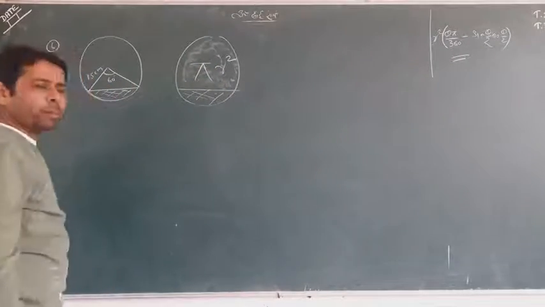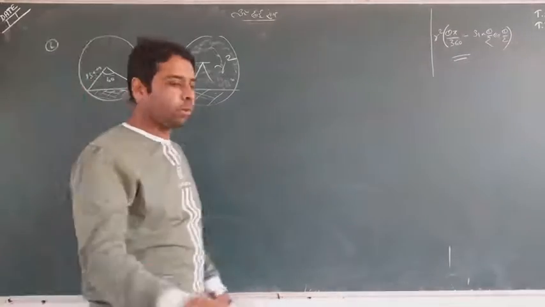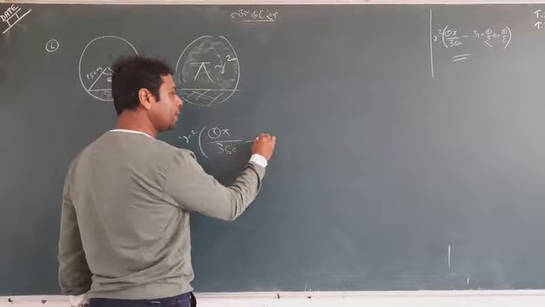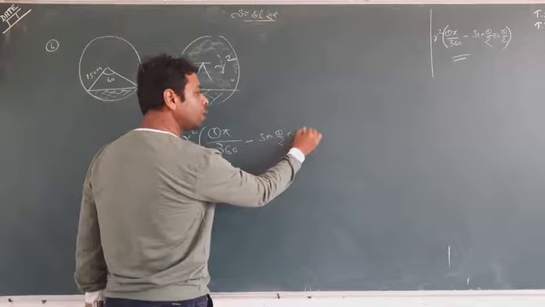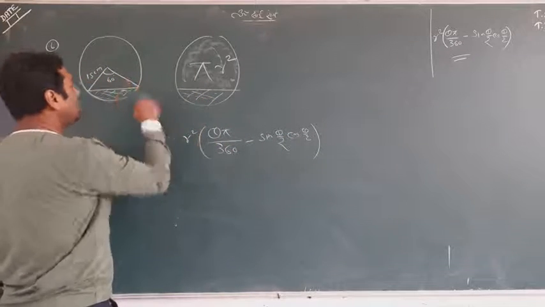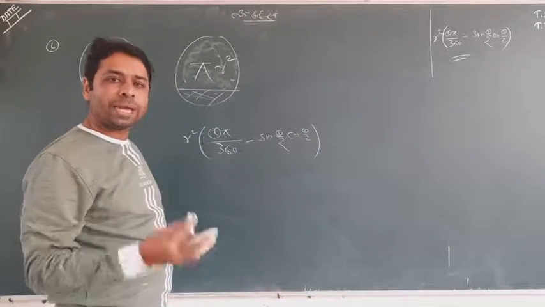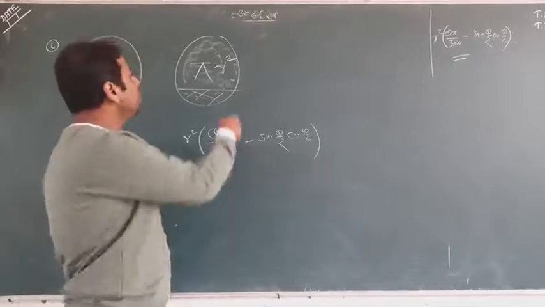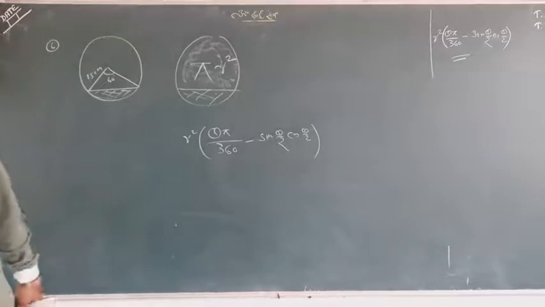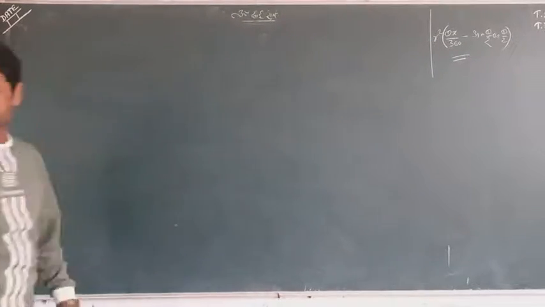So I don't think it's a trouble. You have the radius, you have the theta, and you can use the formula r square into pi theta upon 360 minus sin theta by 2 cos theta by 2. Use r equal to 15, theta equal to 60. Put it all in, get your answer. And then, as I told you, subtract this area from pi r square, the whole area. You can get your answer. So the sixth one is again your job. I know that after doing so, you can make it.